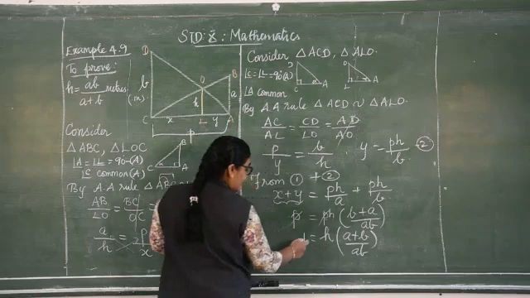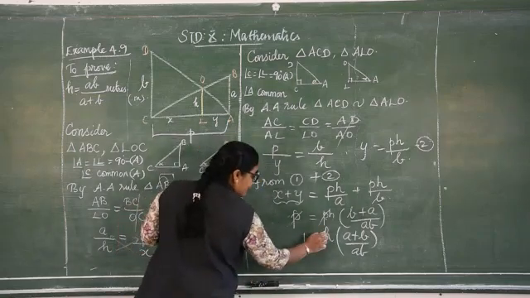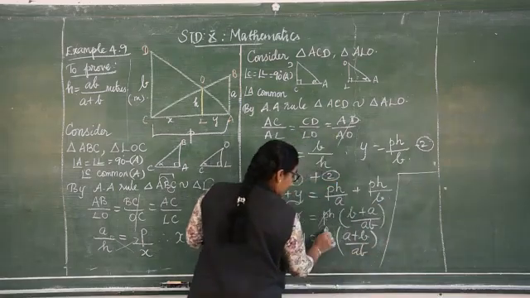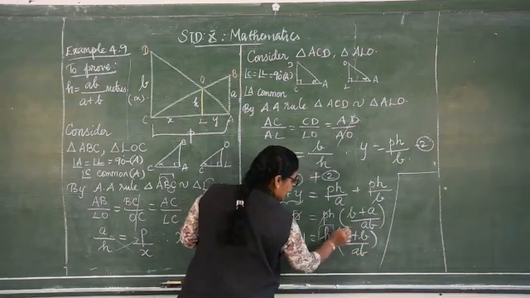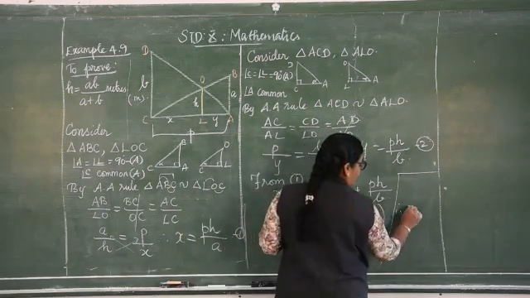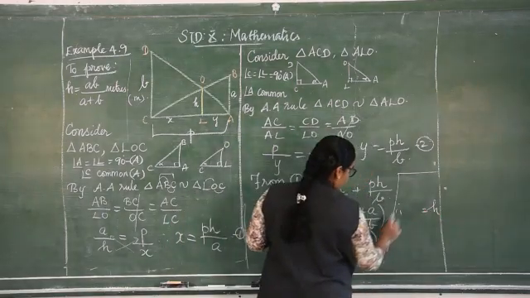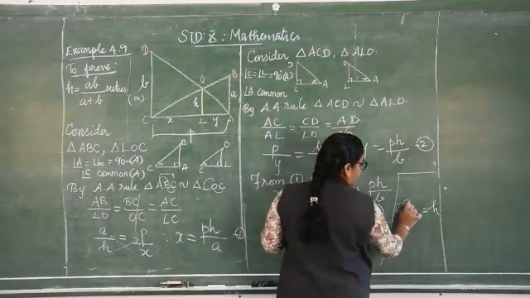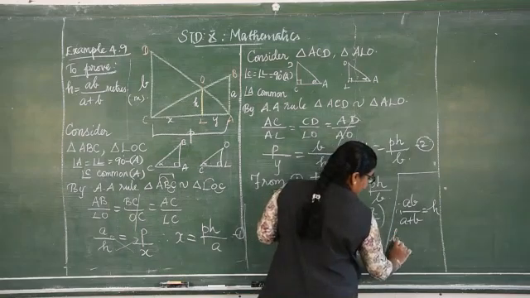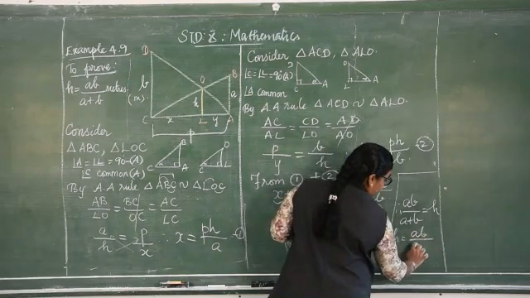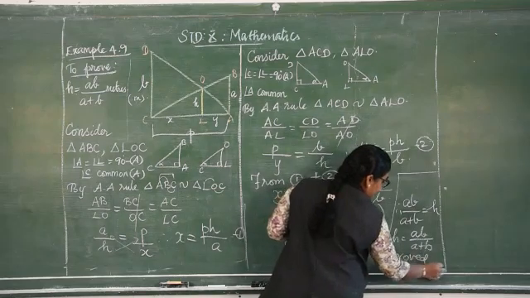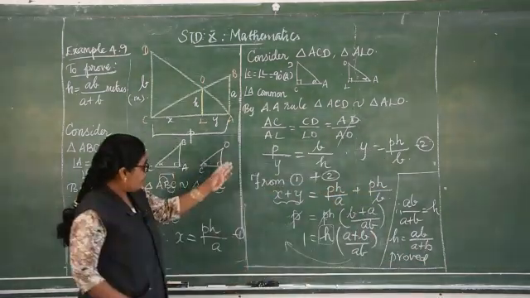Now we need only the value of H. So keep the H alone here. I will complete here itself. Bring H alone here and other things to that side. What will you get? So therefore H is equal to, this AB comes up, AB by A plus B. So H is equal to AB by A plus B. Thus we proved the sum.